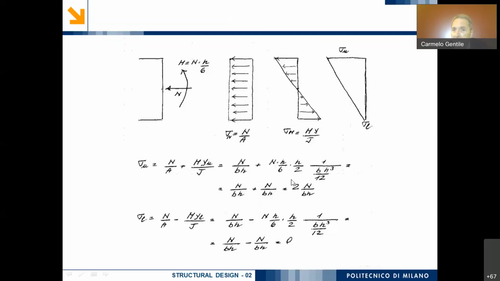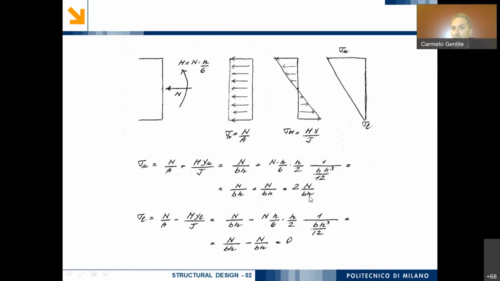And so I obtain basically from this value n times h over 6 times h over 2 times 1 over bh cubed over 12, simply again n over b times h. So the upper stress is 2 times n over bh. Okay, since I have understood that the value of the upper stress associated to the bending moment is equal to n over bh,